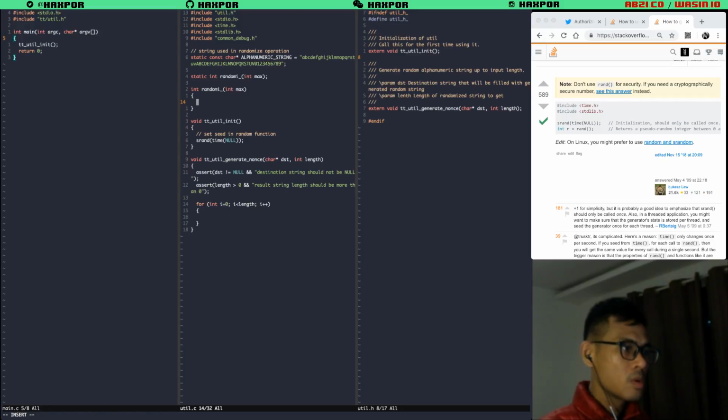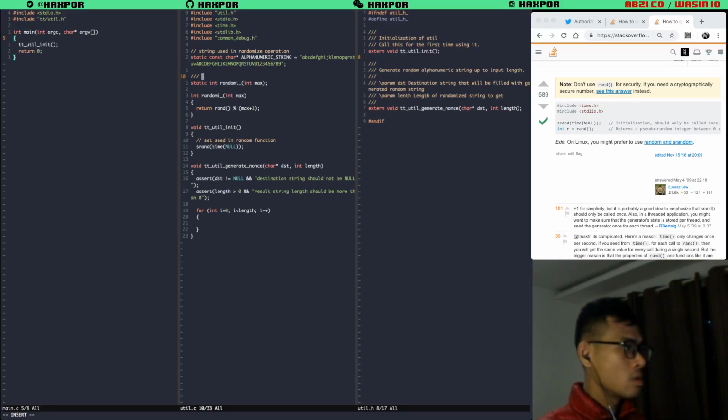Okay, random. Return random, then we're going to max. So this is going to be inclusion, so we're going to also plus 1. Yeah. Random integer from